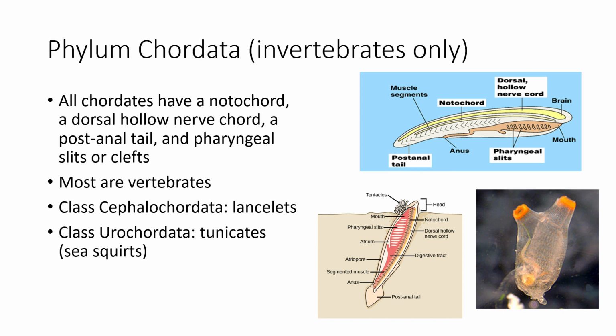Now, there are invertebrates in phylum Chordata, because the class that we treat as a separate entity are the vertebrates. They have skeletons, and they have a vertebral column that surrounds their nerve cord. But these do not. These are invertebrate chordates. The Cephalochordata are the lancelets. They're little marine critters. They're very basic looking. They kind of look like little switchblades. And then the Urochordata is also known as sea squirts and sea blueberries, the tunicates, which are very basic animals. But because they have these 4 features in some part of the development, they are considered in the phylum